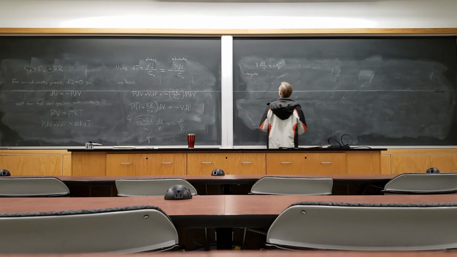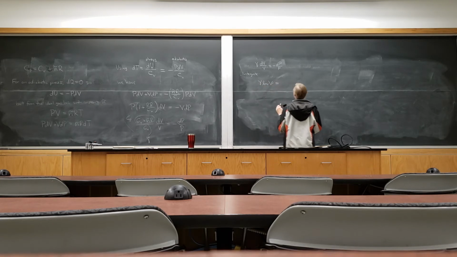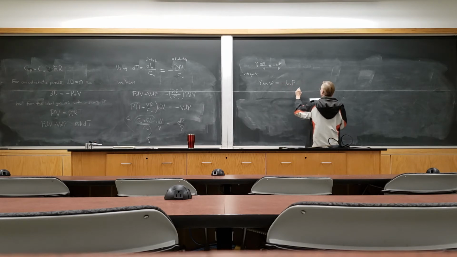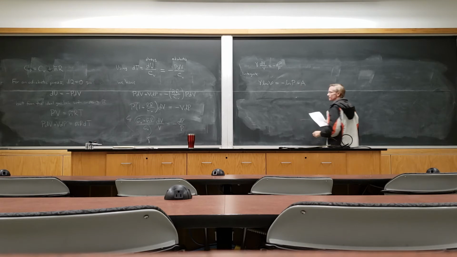So on the left-hand side, that gives us gamma times the natural logarithm of V. And on the right-hand side, that gives us minus the natural logarithm of P plus some constant of integration,